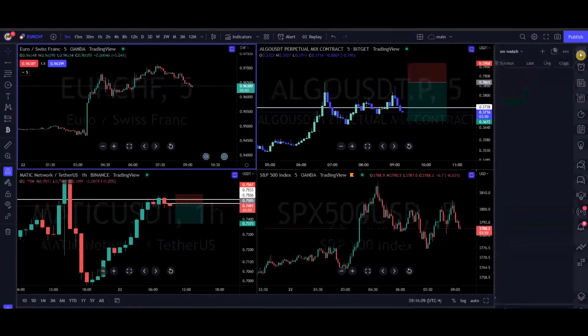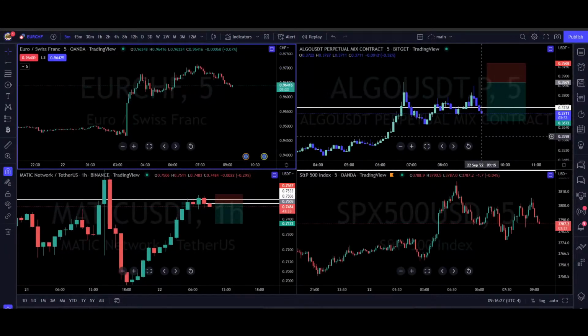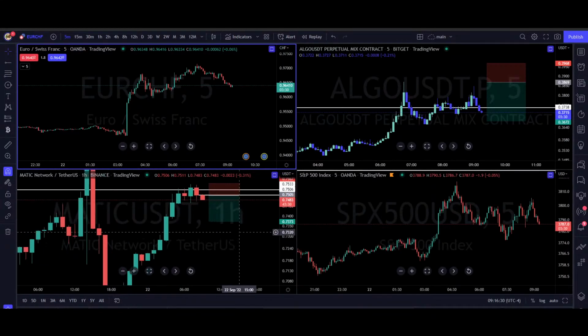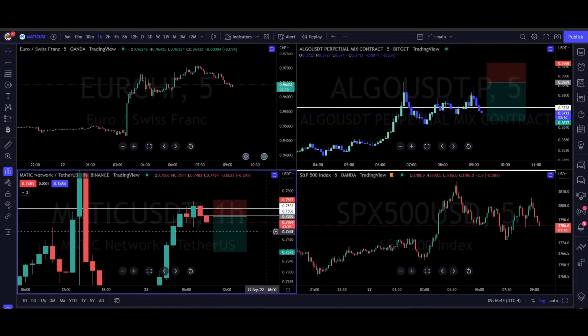And there's not really much else to do as far as FX. I can't get over that CAD yen stopped me out, and then what a massive move, down 3%. Jeez. But I took the short yesterday. It was a profitable trade yesterday, but it stopped me out after I moved my stop to break even. I was wanting that continuation. So we're just sitting here waiting for a second.